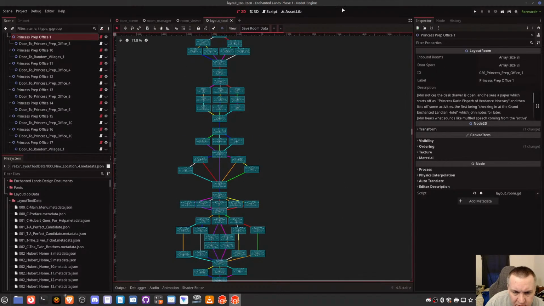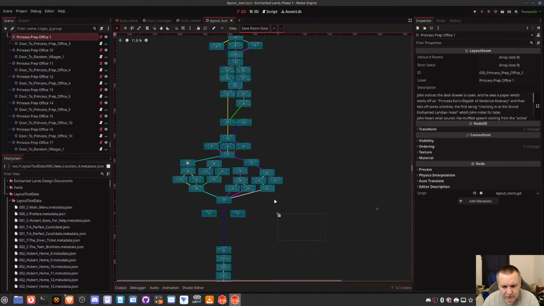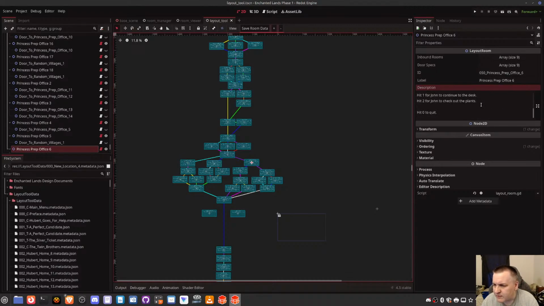Yeah, I'm not sure where the inversion one is. That particular one is like an inversion one because it's got three things coming off, and then the two choices, and then there's the third choice. The two choices go in, and they split off, and they eventually go back to the original single choice. And then this one starts as a single choice, then goes off. I don't even have names for these, so I don't even know where I'm going on here. Desk and plants here, and then this one is.